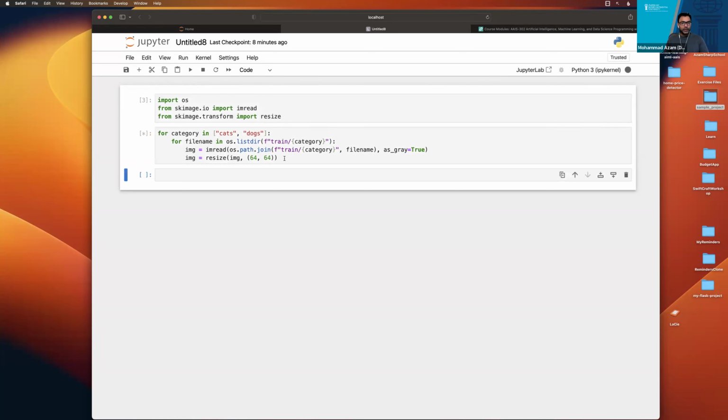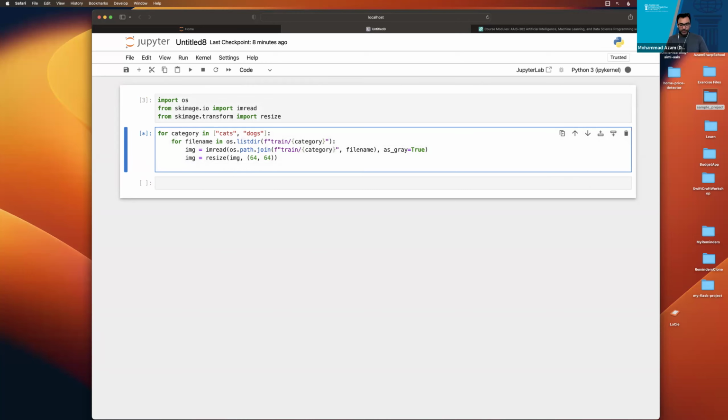Okay, so we got the resize image. That's good. And now we can try to convert this image into an array. So if I simply print out this image,